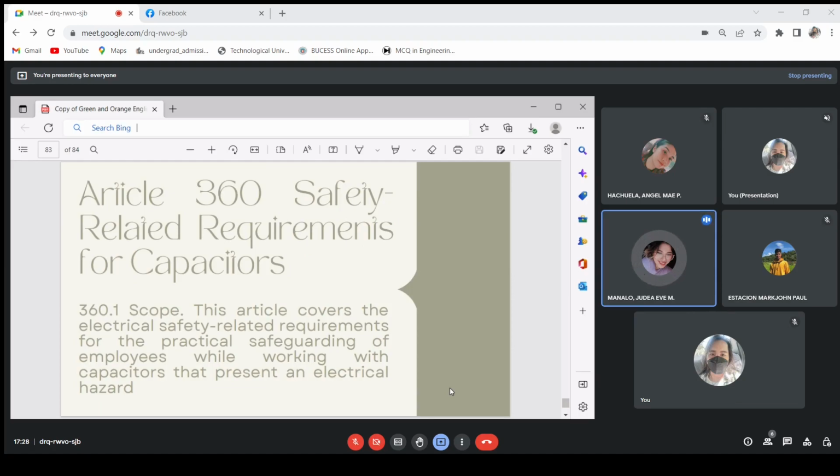Safety-related requirements for capacitors. In the article 360 discusses the electrical safety-related requirements for the practical safeguarding of employees while working with capacitors that present an electrical hazard. So there's a lot of hazards in capacitors such as arc blast hazards, lead resistors, charge transfers, dielectric absorption, discharge time, and ground sticks. Maybe some hard grounding din. And this kind of hazard should be a lesson. Kailangan natin malaman yung mga hazard na to in order for us to